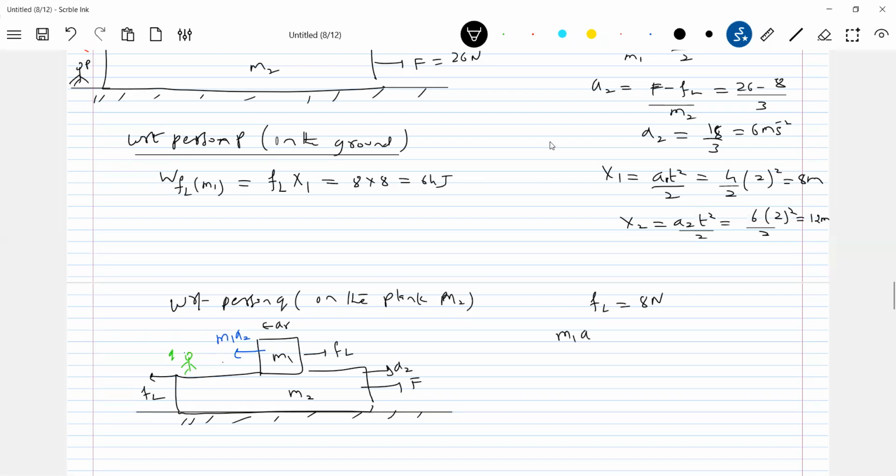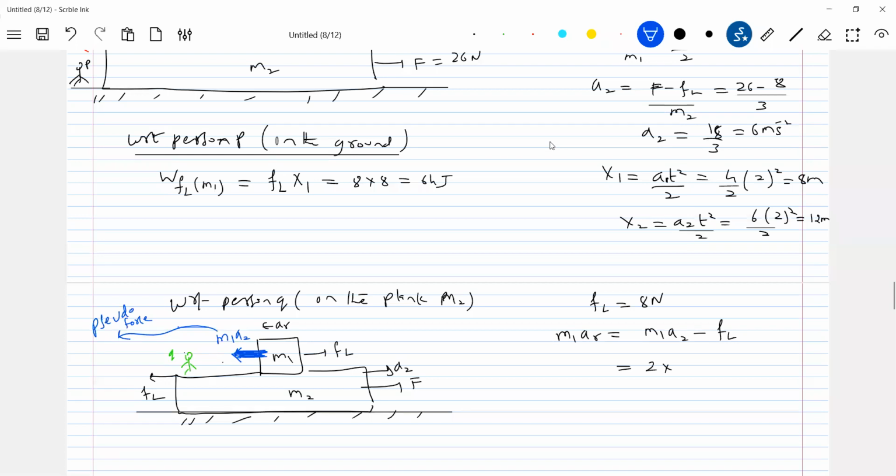So I'll proceed like this: M1 AR equals M1A2 minus FL. How can you say that? I have enough data here. 2 into A2, and this thick arrow indicates the pseudo force. Now, tell me why pseudo force? Because who is solving this problem? Your teacher or the person Q? Person Q. Of course, I'm only solving.